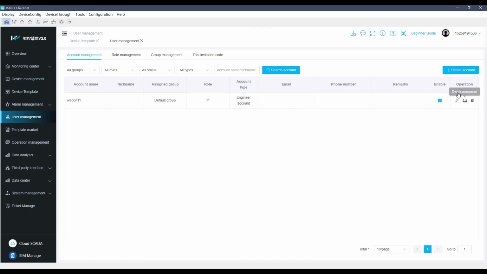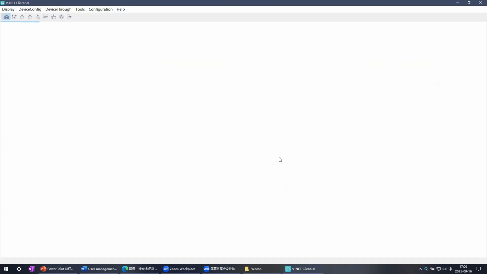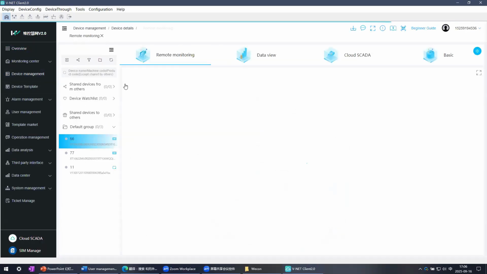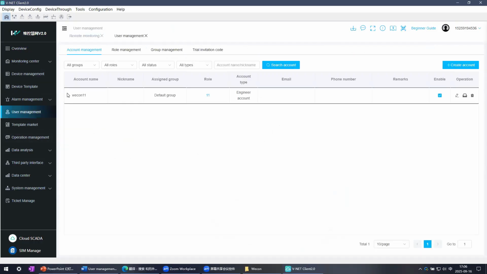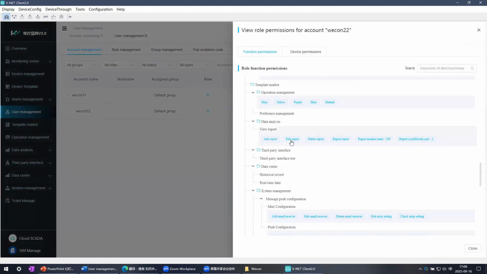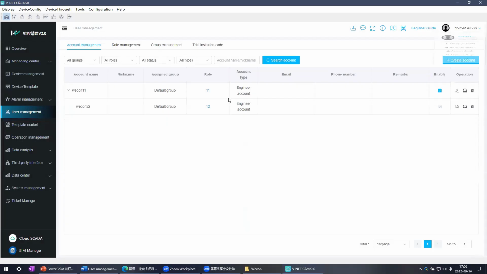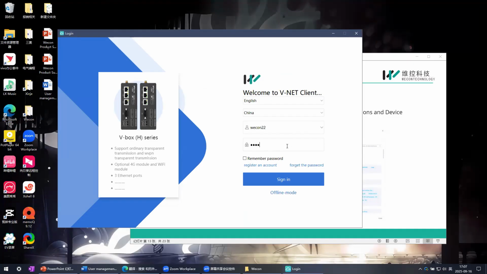We need to, for example, log out. The sub account is Wecon 101. I didn't assign the same permission for Wecon 12. So you can see, if I log in Wecon 22